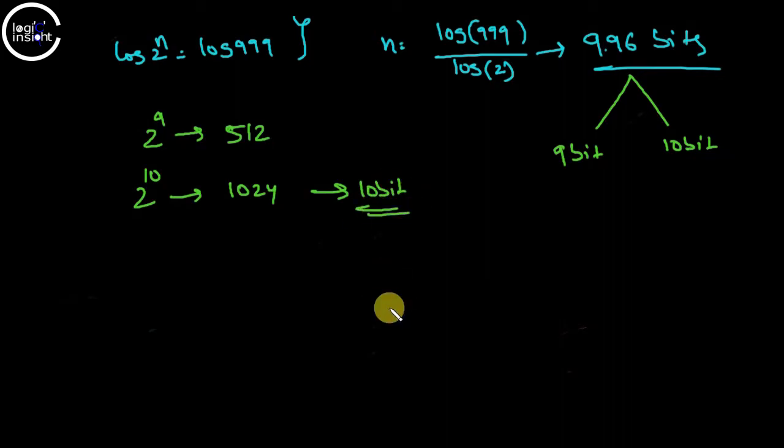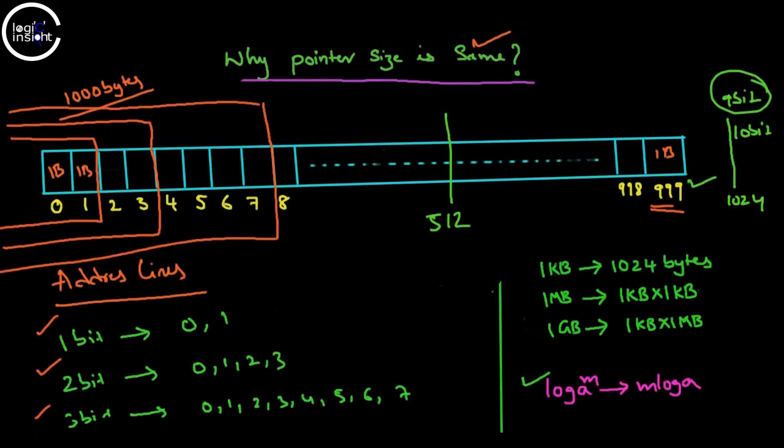Okay, now usually in computers we use terms of bytes. Okay, so if I represent 10 bits in terms of bytes, then I need 2 bytes. Okay, 8 bits in here, 2 bits in here, and the remaining 6 bits are zeros. Okay, now you should get the idea why pointer size is same, because we need to represent minimum value as